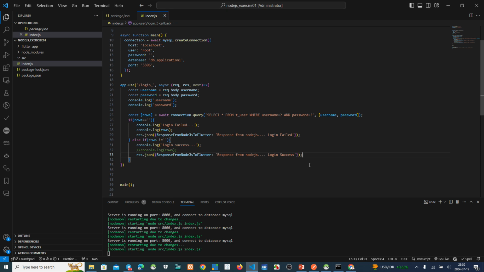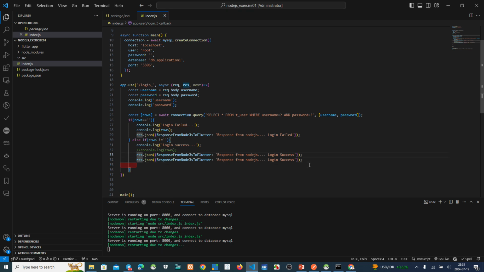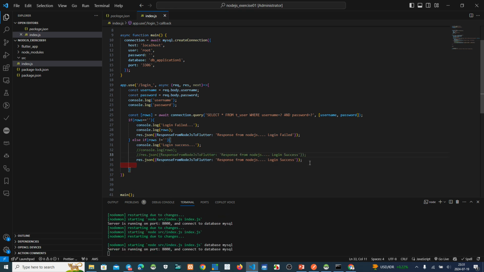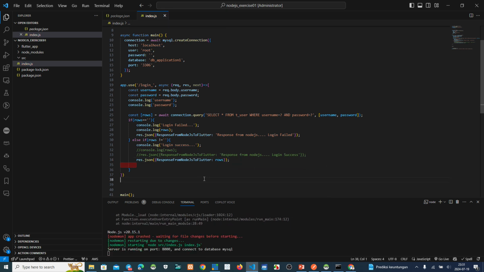And also maybe you want to make this like this: rows. You want to see the result from the JSON, what is the content of these rows.